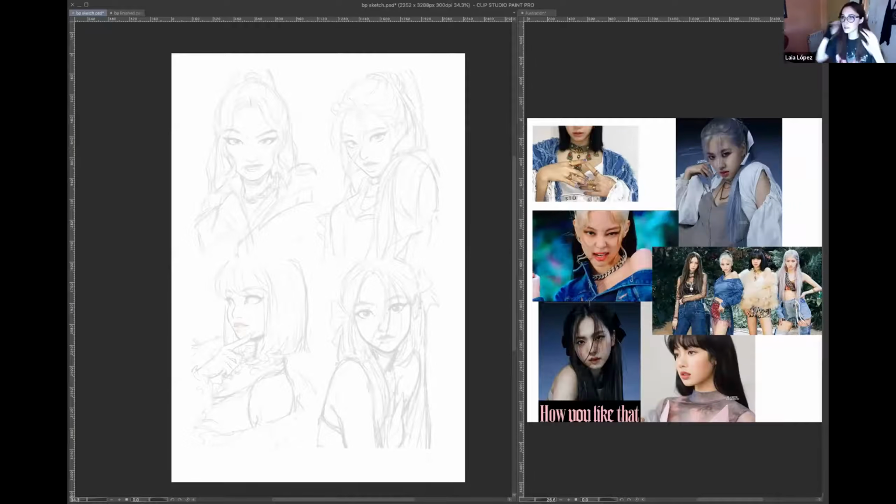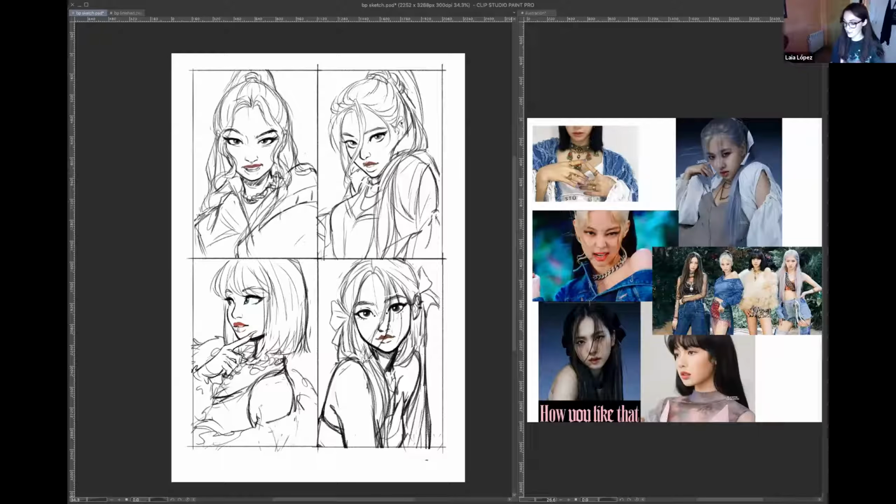So many people always ask me, why do I color my sketches before? I usually draw the sketch and add color on top of it, which I think is really helpful because I really want to see how the whole picture looks before it's fully finished. This way I can see if I like the whole composition, if it makes sense, and if the color palette is what I'm looking for.